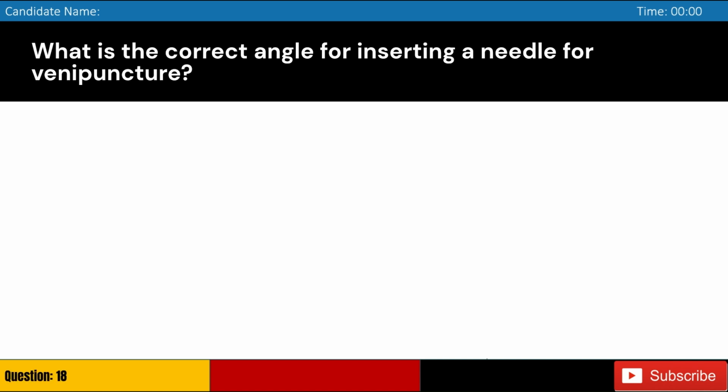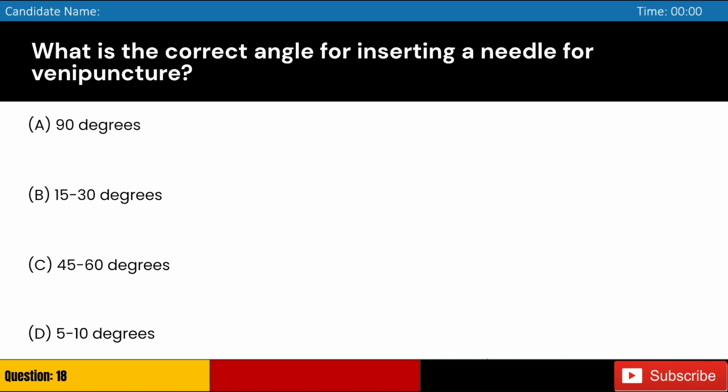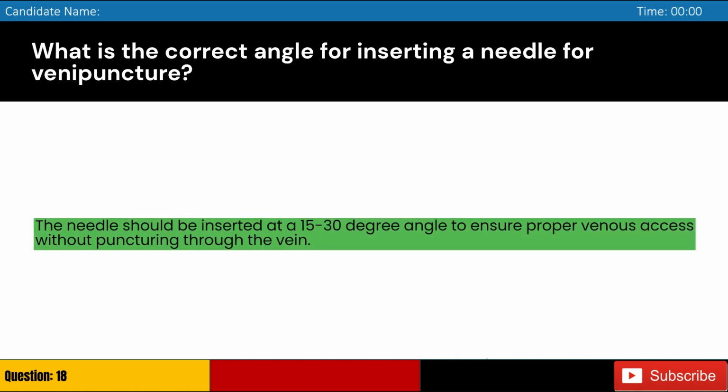What is the correct angle for inserting a needle for venipuncture? A. 90 degrees. B. 15 to 30 degrees. C. 45 to 60 degrees. D. 5 to 10 degrees. Answer, B. The needle should be inserted at a 15 to 30 degree angle to ensure proper venous access without